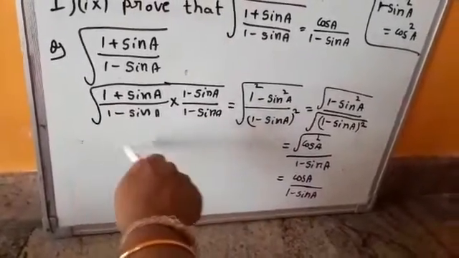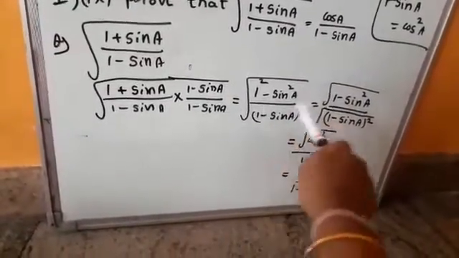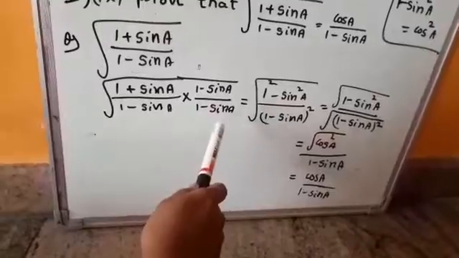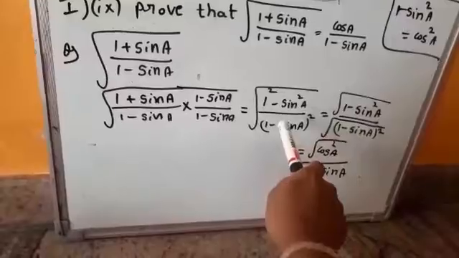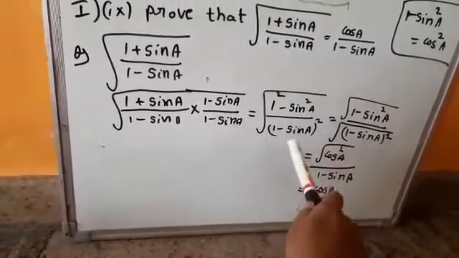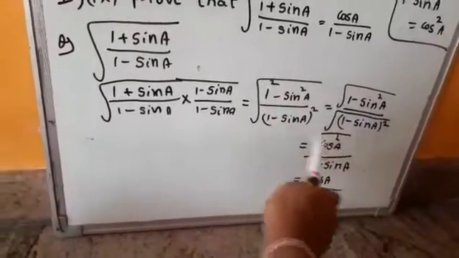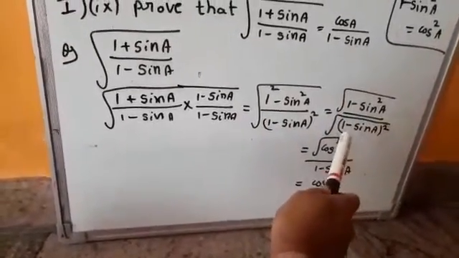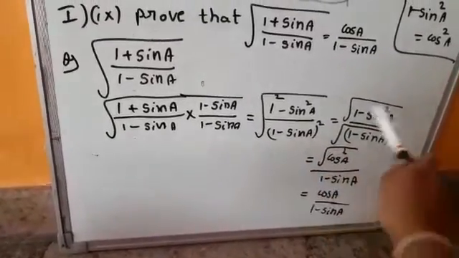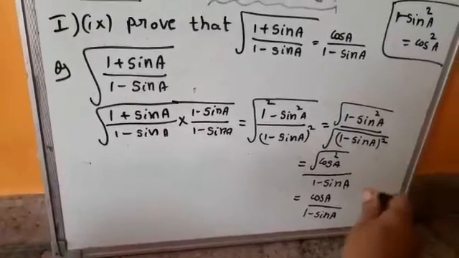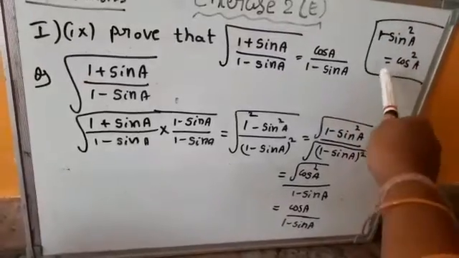A means 1 here, b means sin a, so a square minus b square means 1 square minus sin square a, divided by, see here, (1 minus sin a) into (1 minus sin a), that is (1 minus sin a) whole square. So, square root of (1 square minus sin square a) divided by (1 minus sin a) whole square. See here, this root belongs to the numerator value and the denominator value. That's why square root of (1 minus sin square a) divided by square root of (1 minus sin a) whole square. See here, the 1 minus sin square a formula.